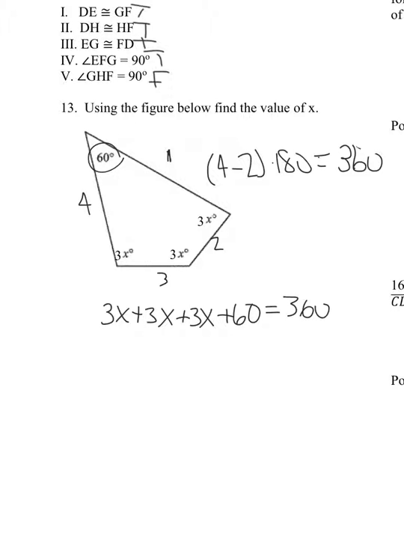Again, it's only 360 because of a quadrilateral. If it's a triangle, it's 180. If it's a pentagon, that's what, 540. It depends on how many sides you have. Now, these add up